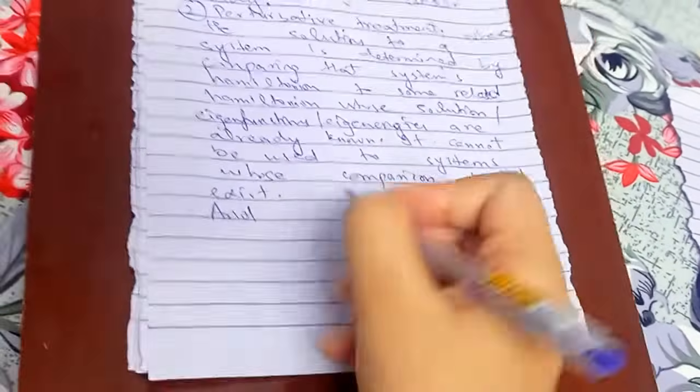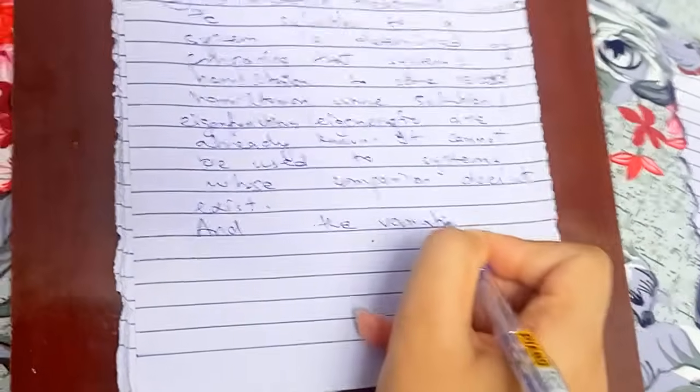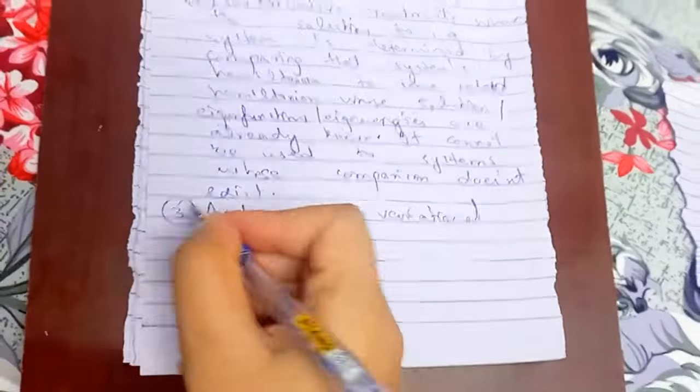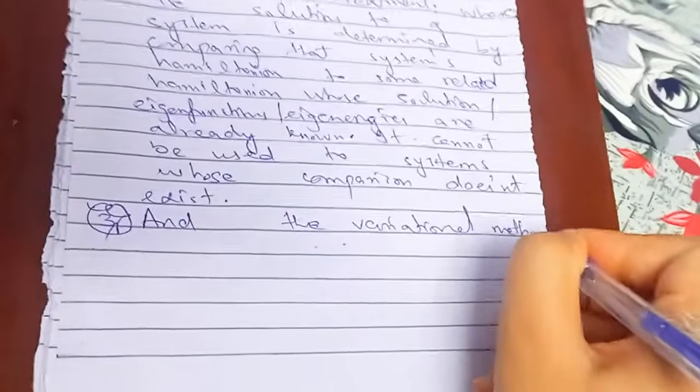And the variational method, you can write as 3, or you can write it in paragraphs. It's better to write in paragraphs because these numbers look childish to me. And the variational method,